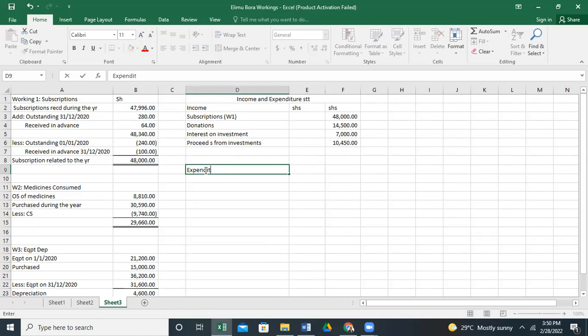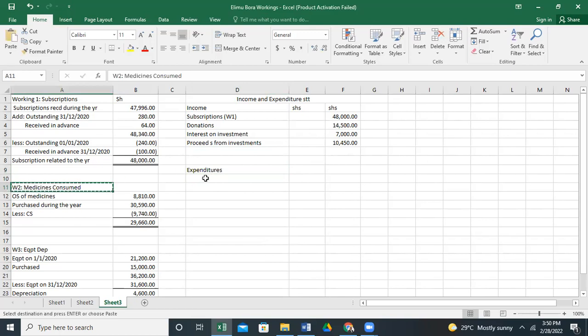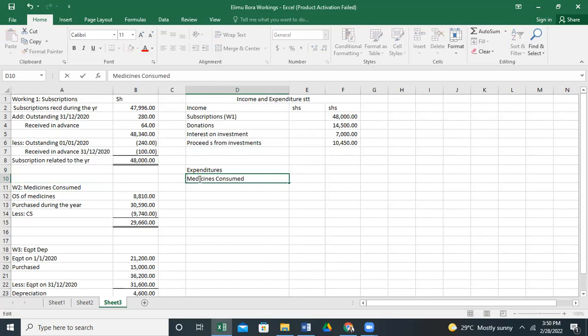Same conventions of financial accounting 1 and 2. So we have the expenditure items. The first one is medicines consumed. I can put this here. That's why we were looking for it. But now my working tool should be appearing on this end. So you can see how orderly our work can be. Our expenditure, let's use the first column, is 29,660